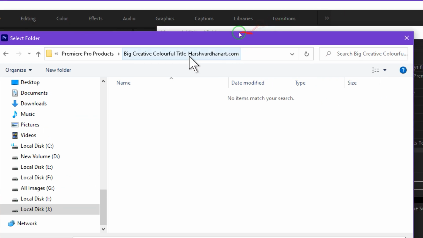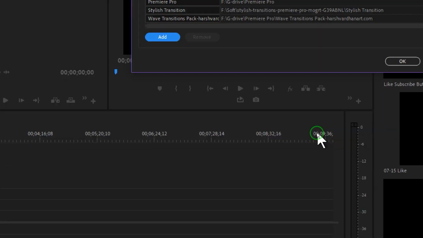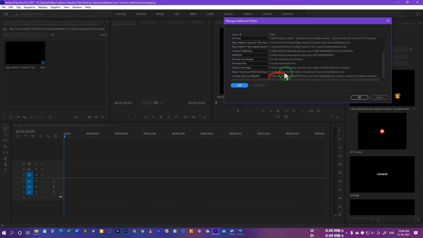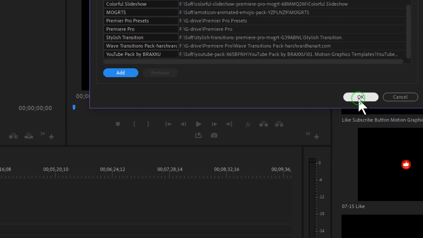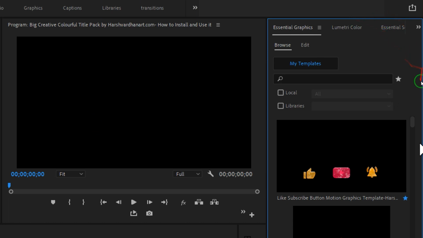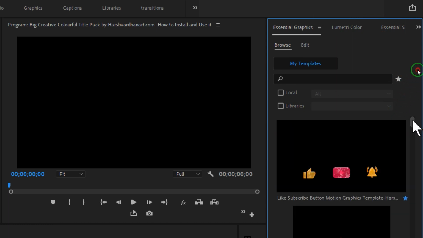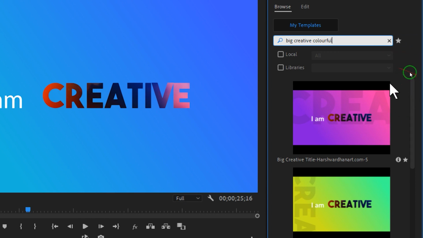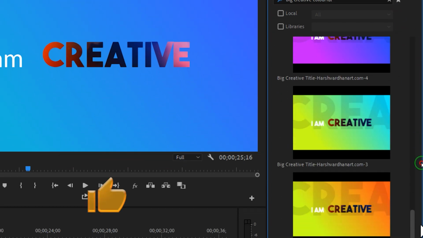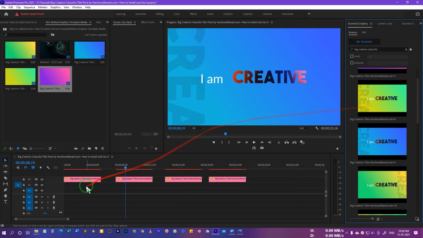Once you select that folder, click on Select Folder, and that way it would be available right over here inside this list. Then press the OK button, and you will see these titles on the Browse option. If you don't see them, just search for Big Creative Colorful, and all of these titles would be available right over here. In order to use them, you can simply drag and drop.